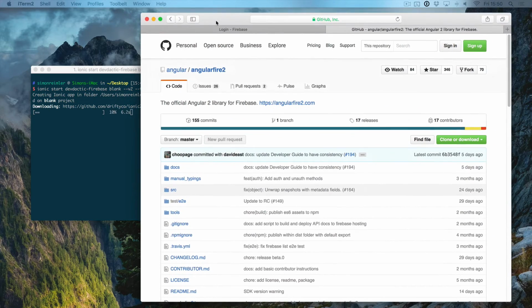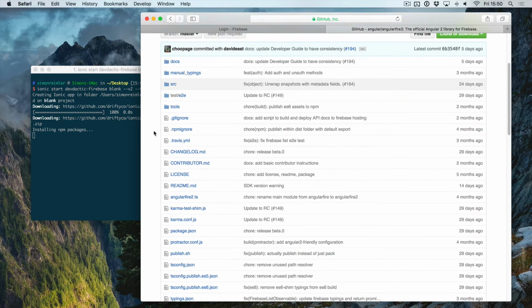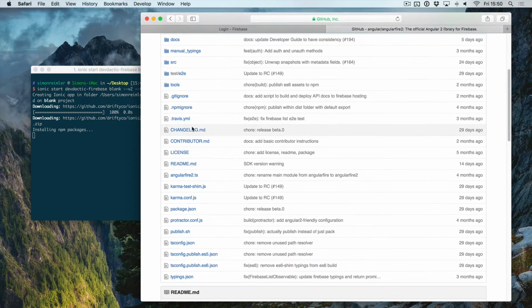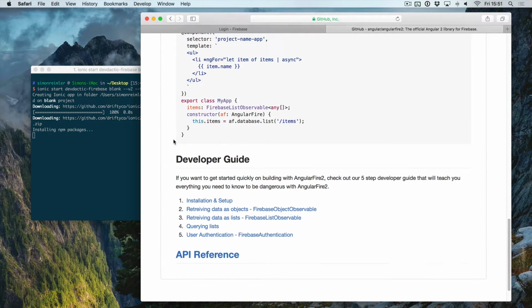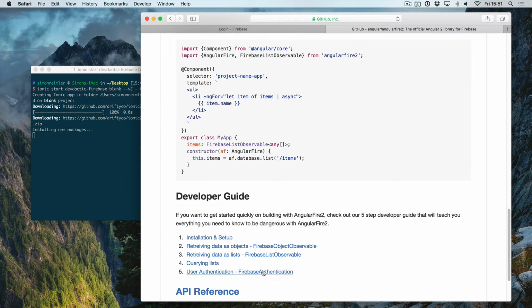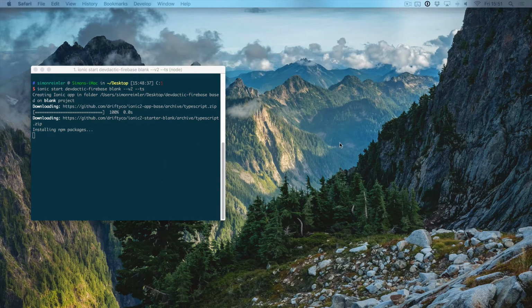And while this is downloading some stuff, we can already take a closer look at what we're gonna use. So this is called Angular Fire 2. There was obviously an Angular Fire 1 library as well for Ionic 1 or Angular 1. But now there's the official Angular 2 library for Firebase. And we will install this and go through some of those examples they share for building cloud sync and also simple user authentication. So with that in mind, let's wait until our app is finished and then we can dive right